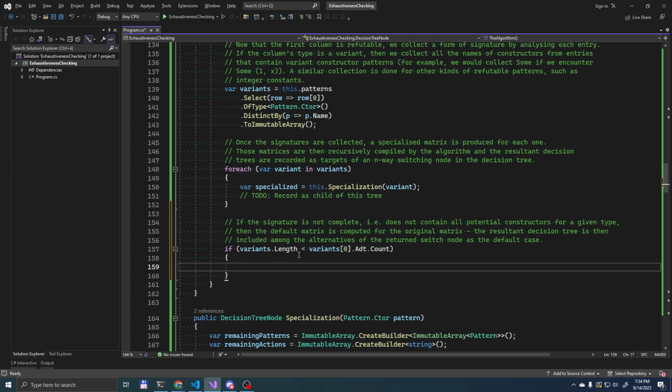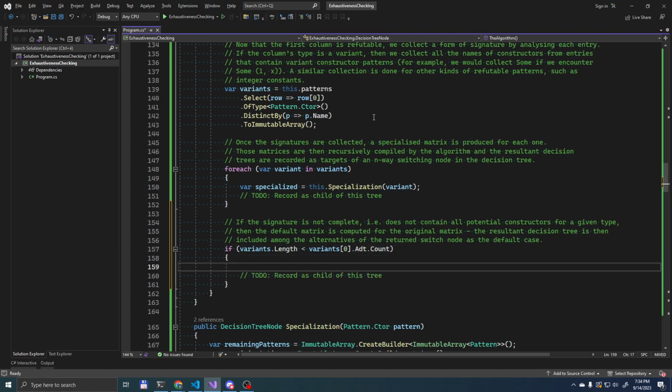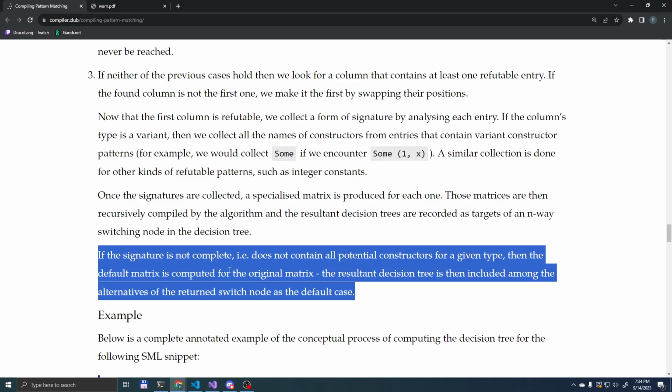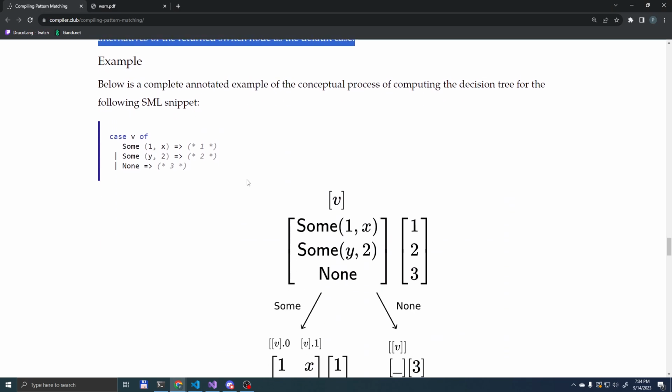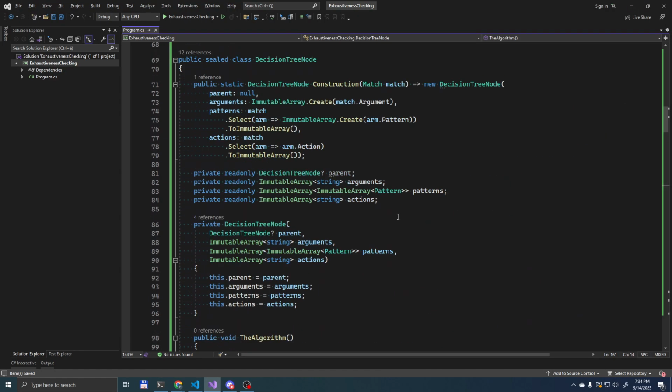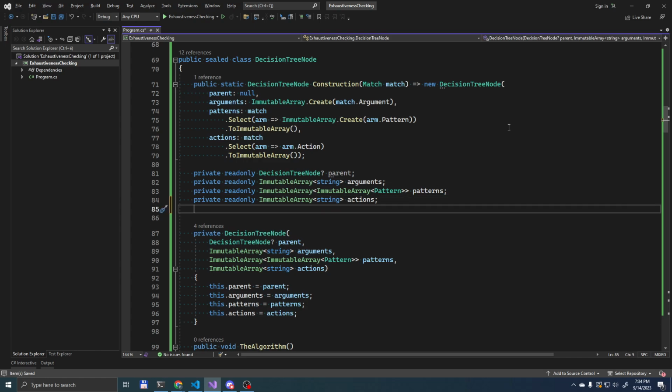And in this case, we know we didn't cover each variant, so what we need to do is compute the default. And the observed column, the first one. And we need to record this as the default case. And we might actually be done. Oh my god, we might be done with this. So, the last thing that we can do